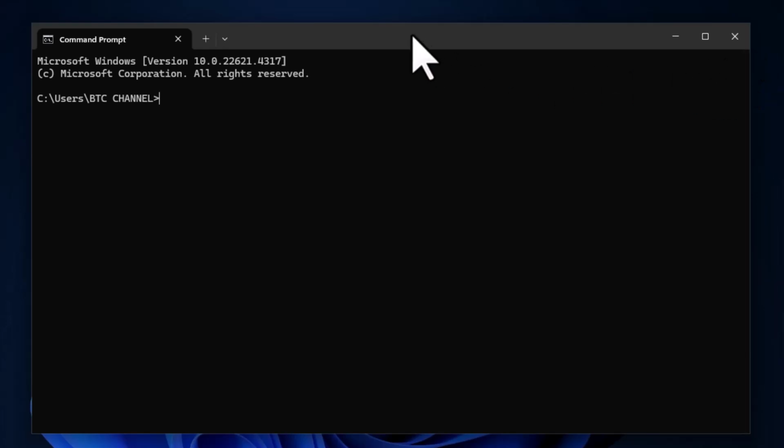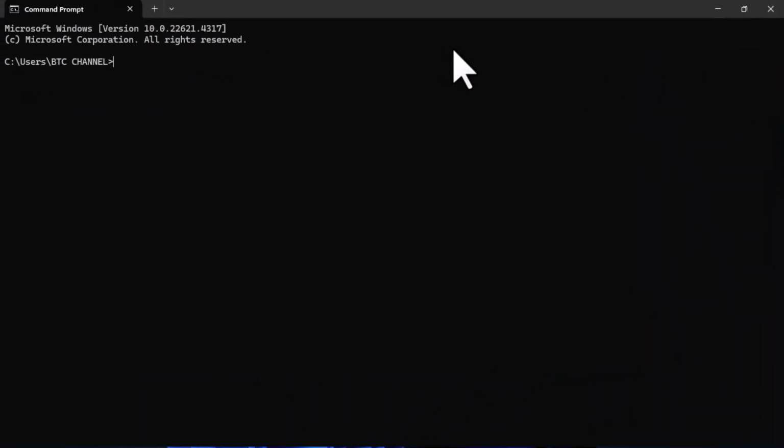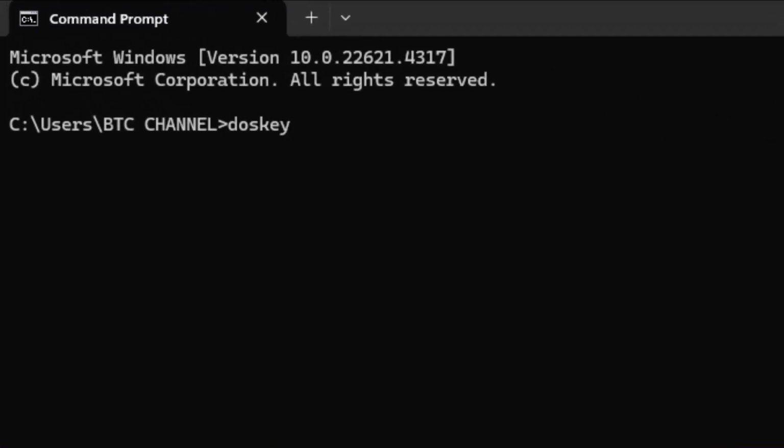Another way to do this is to use the command prompt interface, and this time we are going to type a command line to do so. We are going to type this simple command, which is the doskey command. After typing the doskey command, you press the space bar, type the / symbol, then type list size, then bring your equal to sign, then type the number of the history size that you want. So maybe I want to have it as